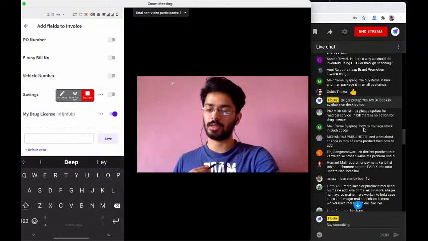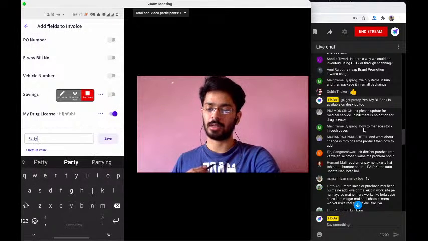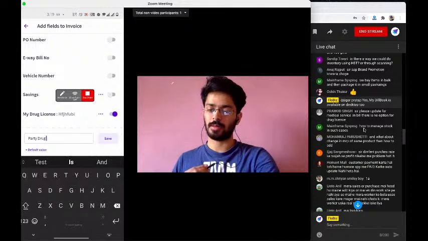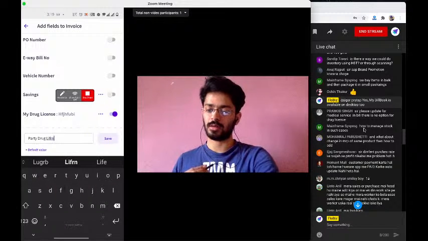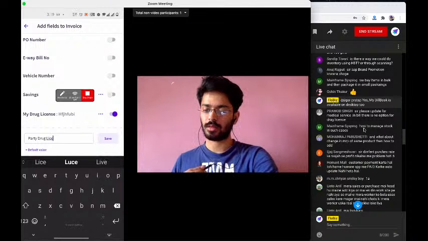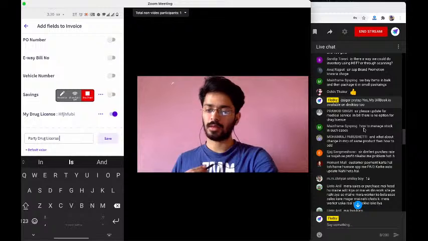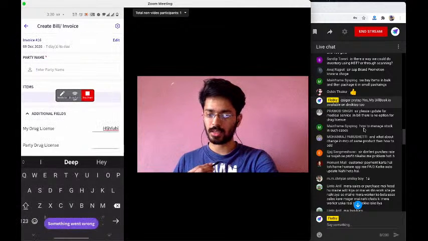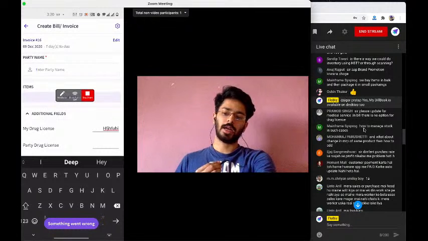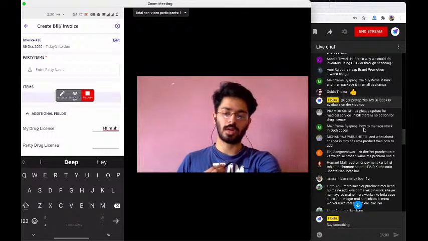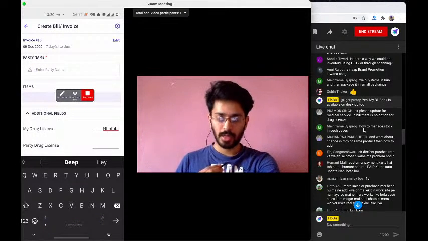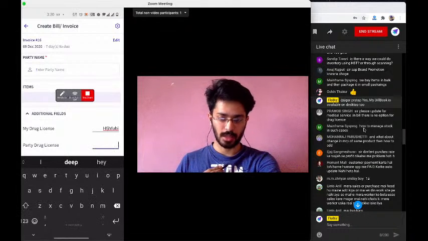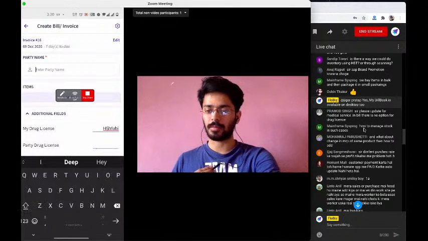And you can create an additional field for like Party Drug License Number, right, Party Drug License, right, and then don't create an additional default field here. So what this does is it creates two fields, and your own drug license number is already fed here. Whenever you're creating an invoice for the party, you can just add the party's drug license number, and then let me just,